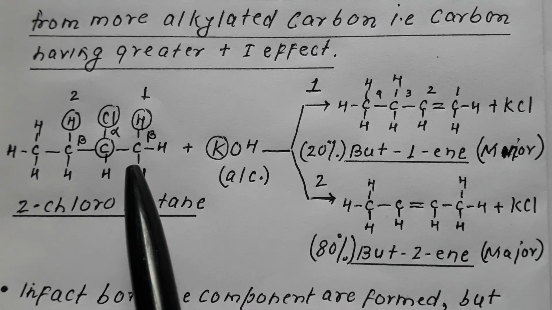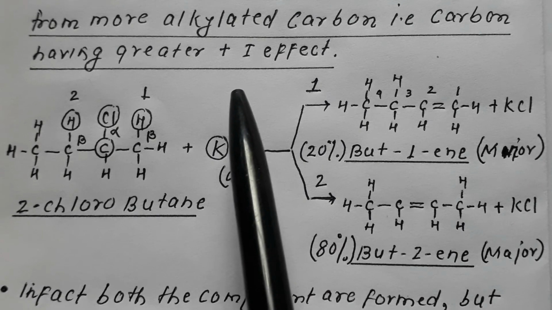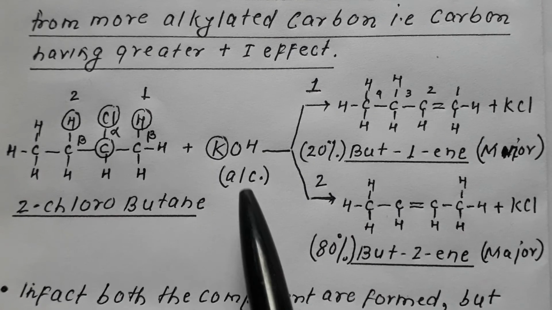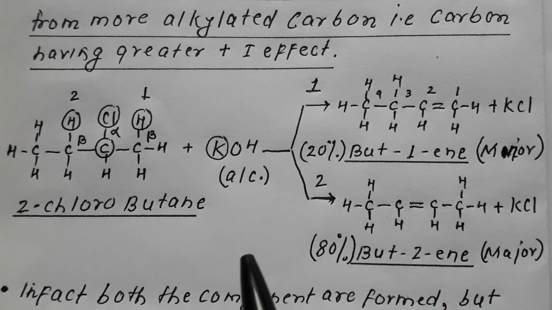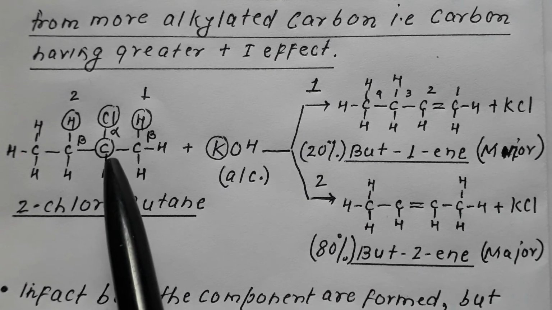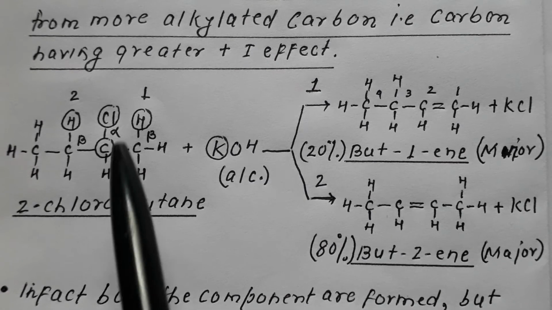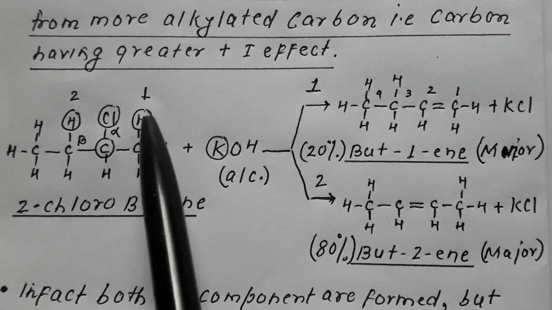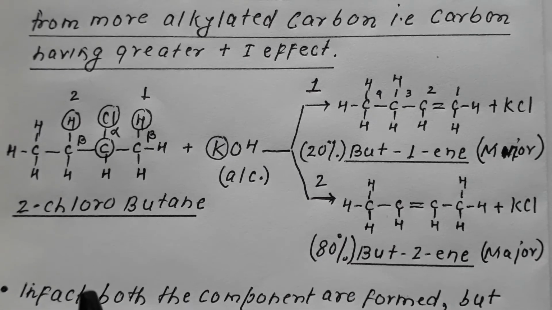Since the molecule is unsymmetric, the reaction will take place according to Saytzeff rule. The reaction will proceed as per Saytzeff rule. Suppose this molecule is made to react with KOH dissolved in alcohol, what happens? Again, in this reaction, the halo will get eliminated and the hydro will get eliminated, therefore it would be termed dehydrohalogenation. Hydrogen will go, halo will go. Since hydrogen will go from the beta carbon, once again it would be termed beta elimination.